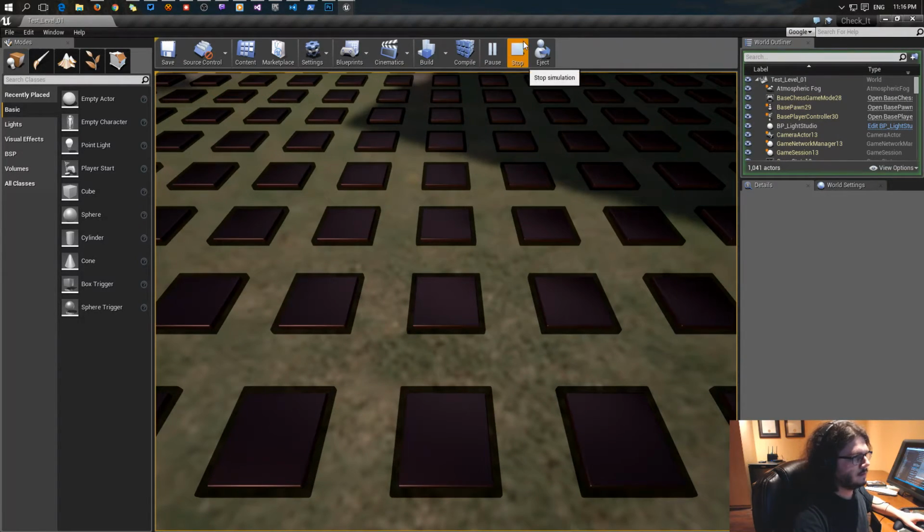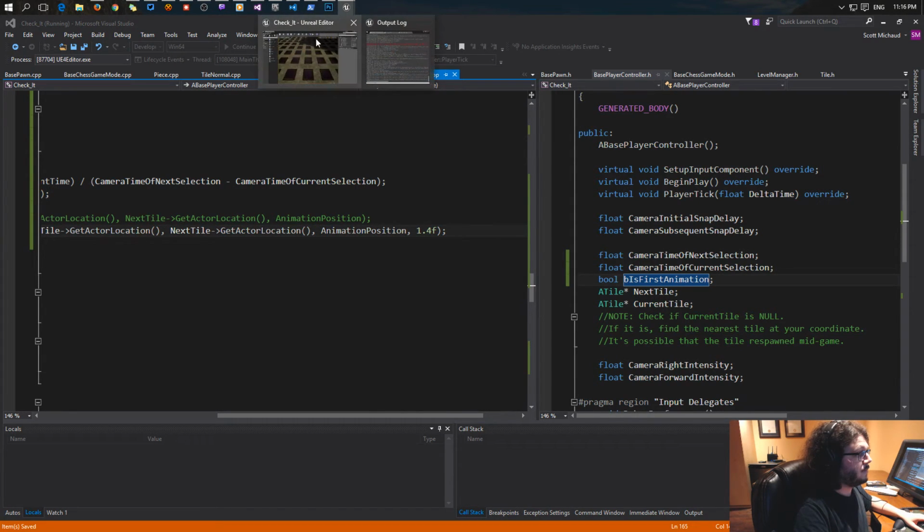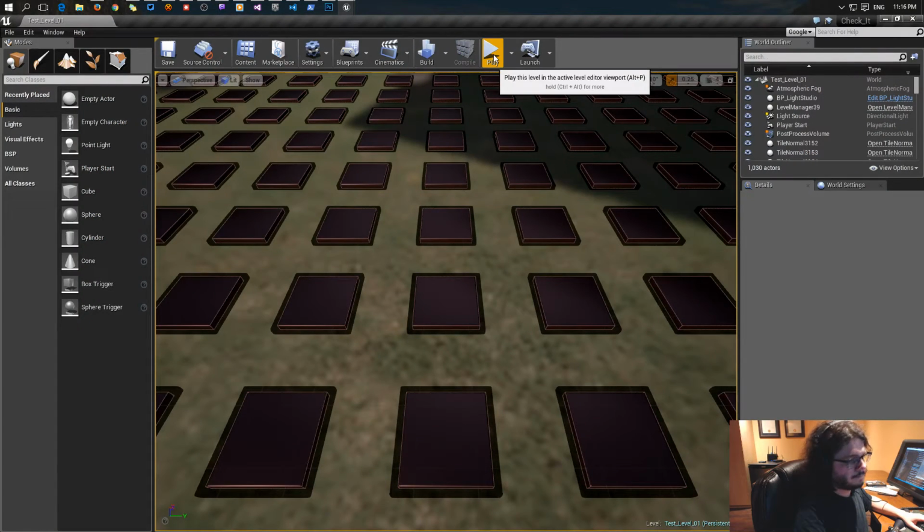Okay. Let's try 1.4. Should be a little bit less than the 2 we tried before. Let's see, going the other direction, right? And then next time we'll, probably next time we'll do,